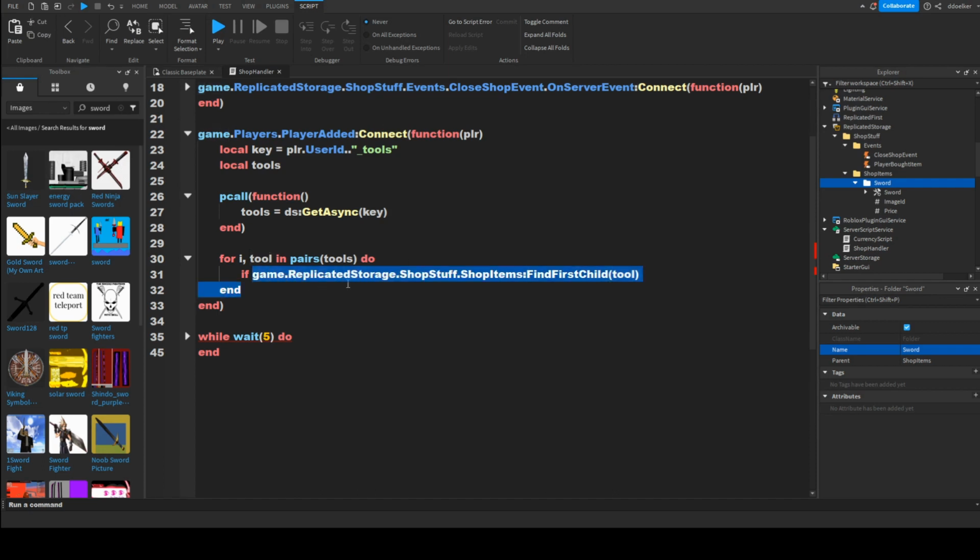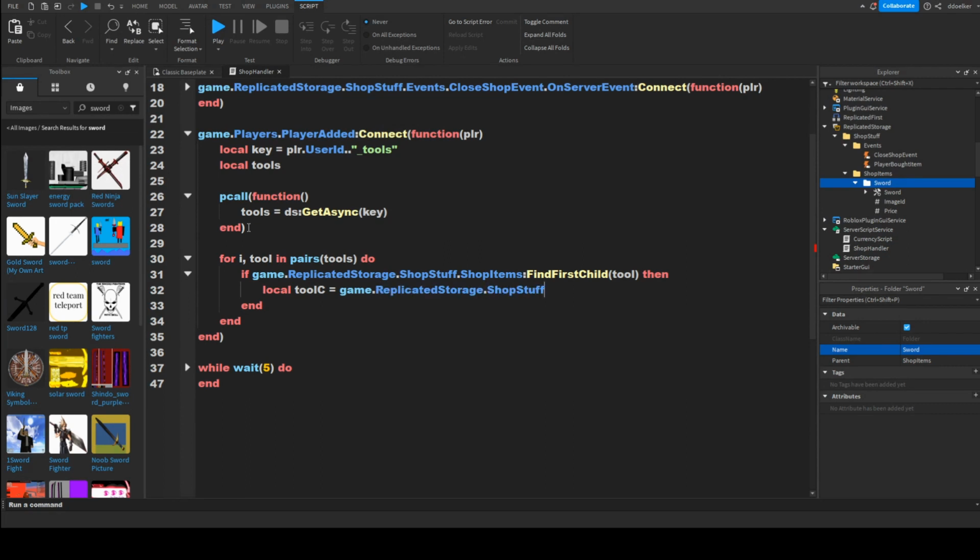So if in game.ReplicatedStorage.ShopStuff.ShopItems it finds something called the same as the sword, then it's going to proceed. So it's going to do local toolC equals game.ReplicatedStorage.ShopStuff.ShopItems[tool], and then it is actually going to find the tool. So here it's going to do another tool:Clone(). Now here it's just going to do toolC